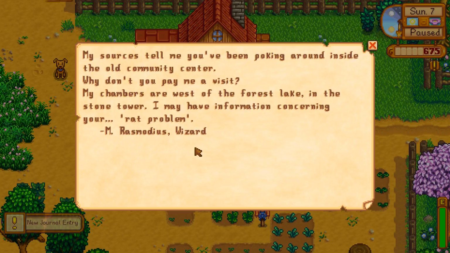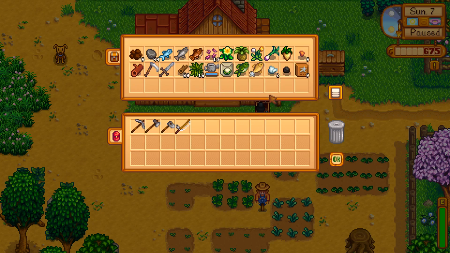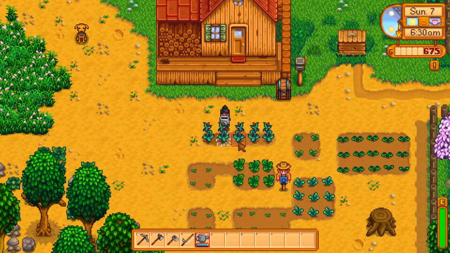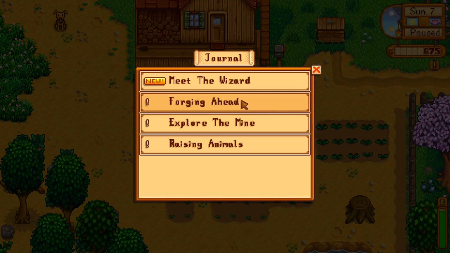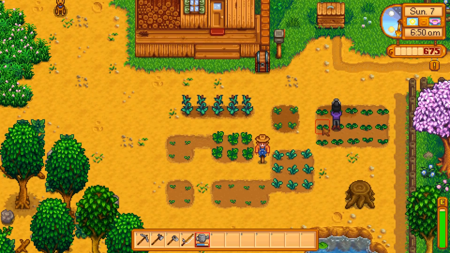All right, excellent. This was the next thing that I wanted to talk about. We got our dog. Then we worked a little too hard on the farm. Ended up passing out. But we also gained access to the community center. Now, it occurs to me that I've been talking a lot about the community center and adding bundles or adding crops and things to various bundles, but I don't know that I've actually explained what the community center does. So I'm going to talk a little bit about that, then we'll go see the wizard after we finish watering